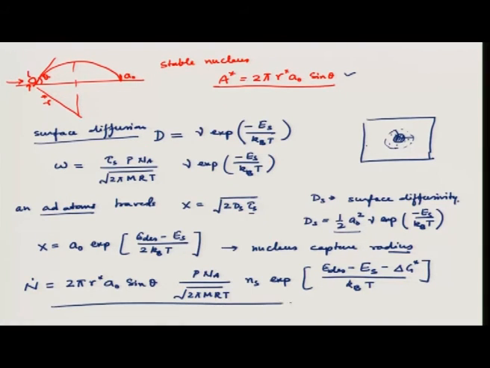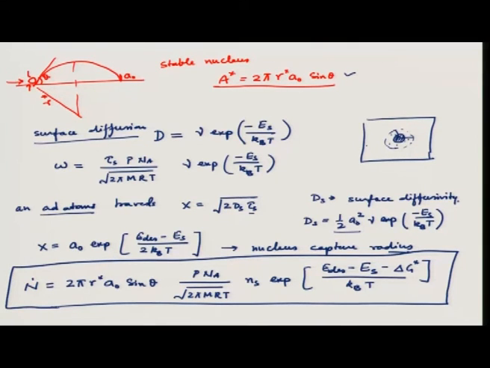So this expression will give me the nucleation rate, the rate of stable nuclei formation, and it depends on various energies as well as pressure, temperature, and also the size of the radius, and this is the total nucleation site. Let me write this: n dot is equal to n star a star omega. This term delta G star comes from n star, the a star term is here and the omega term is in this. So all these terms account for the nucleation rate.